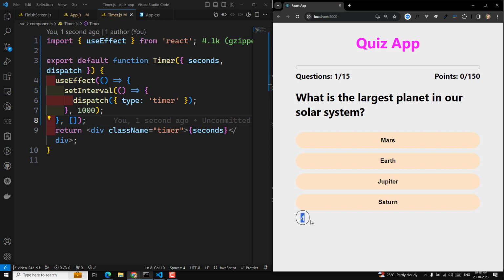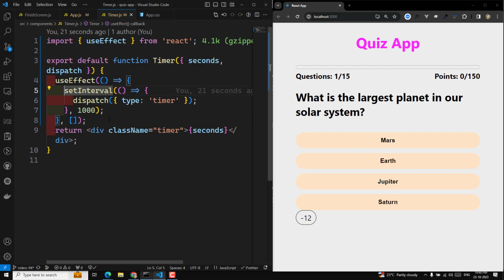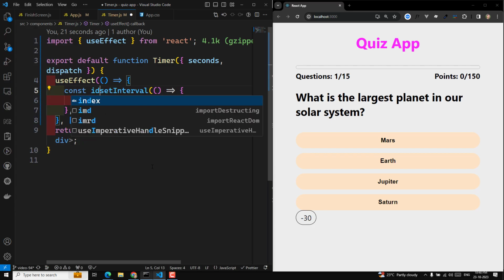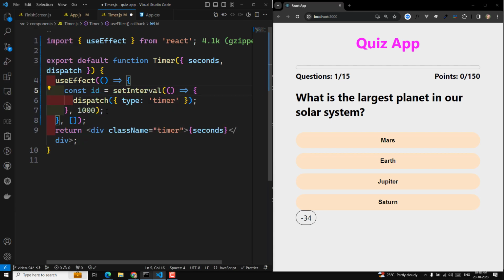So it is decreasing two times. Why? Because we know that the component will be initialized twice, right? So that is the reason. And also here we need to stop the interval. So when it is completed or when we are going out of the component, we need to remove it. So for that what I can do is const id is equal to, I will take it,